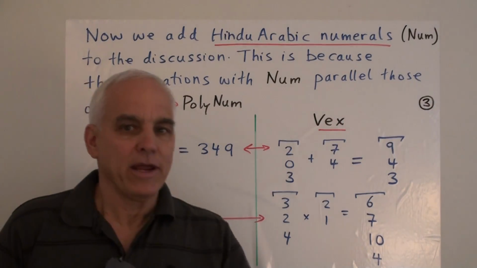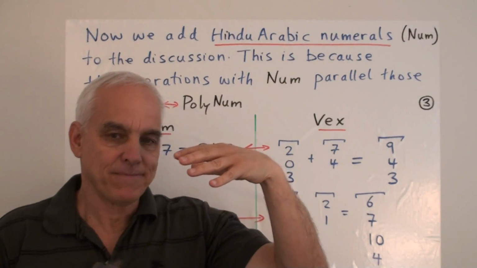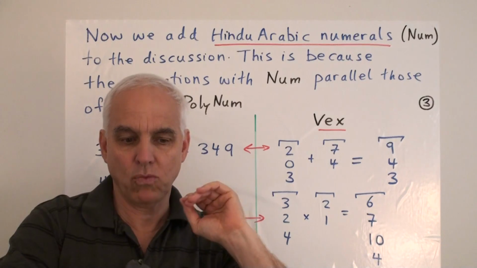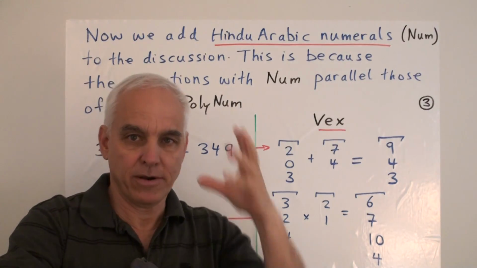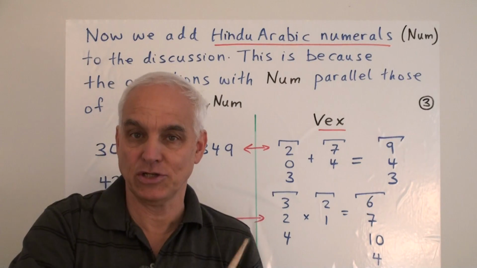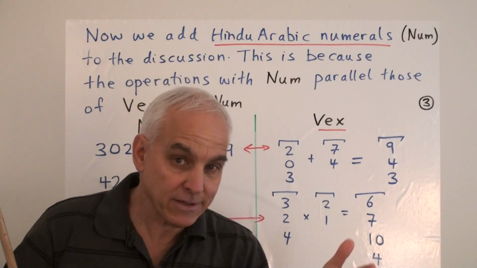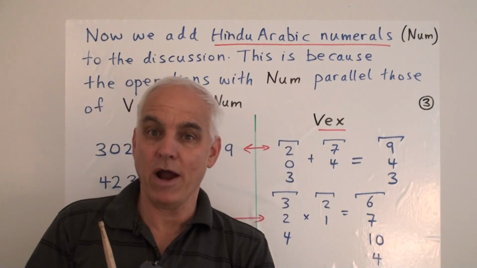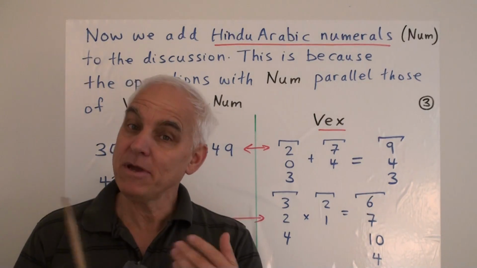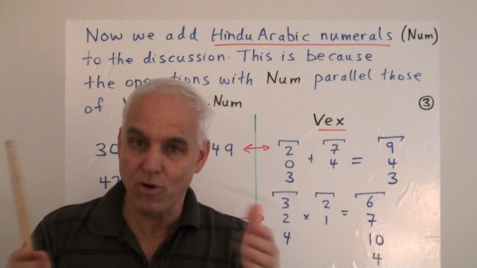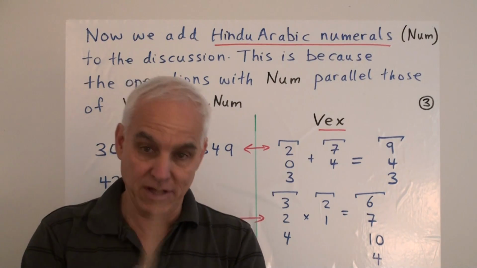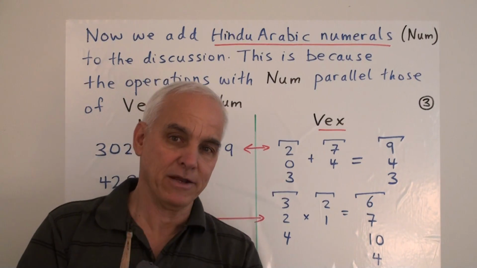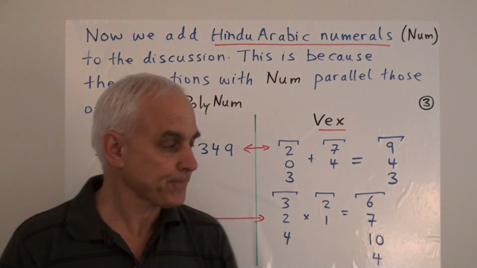And I remind you that our Hindu-Arabic numerals are thought of as independent of our natural numbers logically. There's a close connection, but we don't want to restrict our Hindu Arabic numbers just to be representations of our primitive natural numbers. If we did that, then we would only have numbers up to 10 to the 200 roughly, and we want to have a wider range of numbers. So our aim is to try to find a separate framework for Hindu Arabic numerals and have definitions and operations and proofs of the operations which are largely independent of the natural number system.